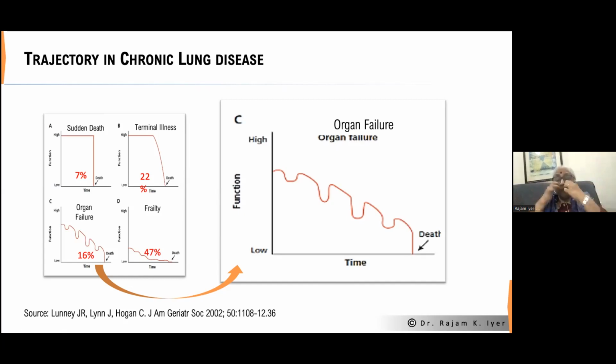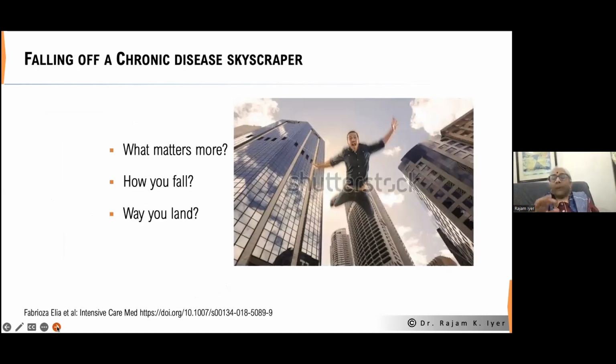And that's when palliative care teams, home care teams, family physicians, etc., can do a great job to improve the quality of life of these patients. Because again, it might be a slide that you have seen before from me, a chronic illness is like falling off a skyscraper. The way you fall is directly proportional to the way you land, which means that as the patient is falling off the chronic disease skyscraper, if the patient and the caregivers were given unhurried, timely, sensitive conversations,